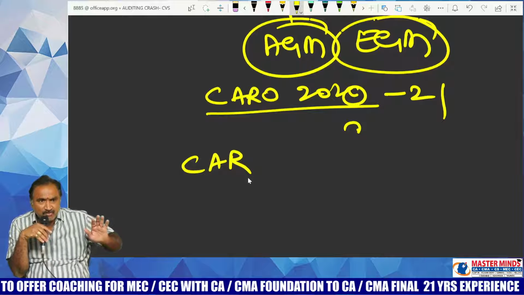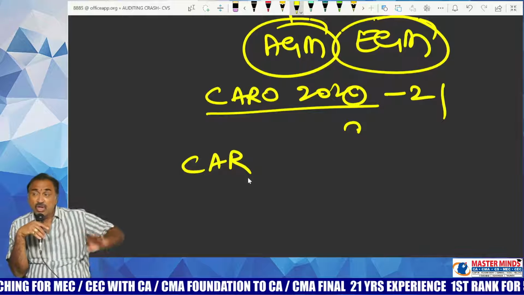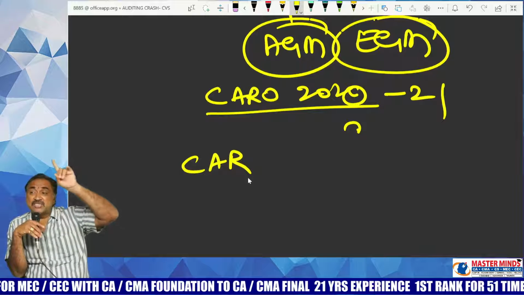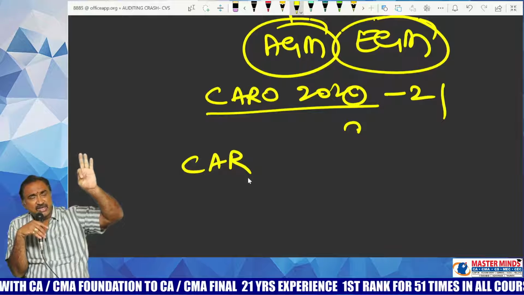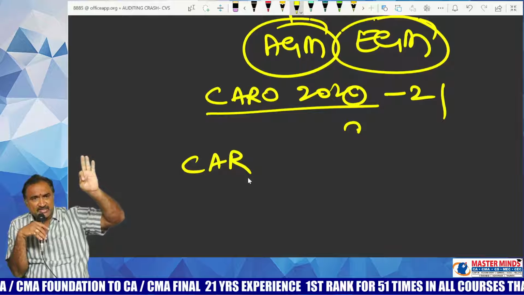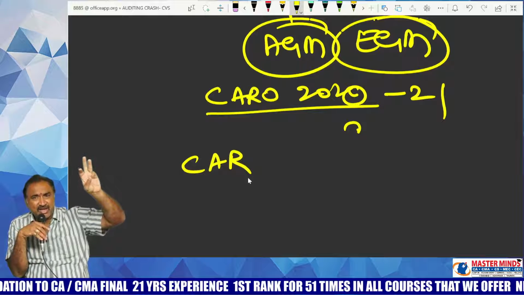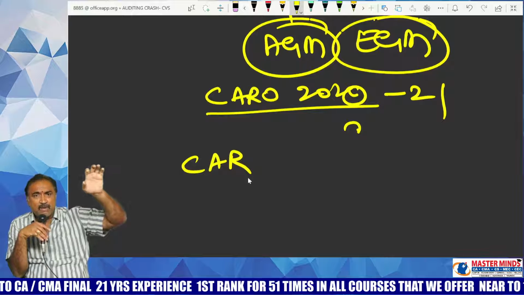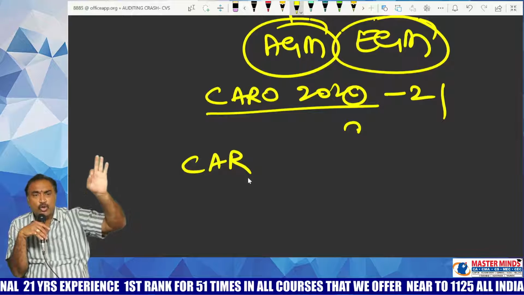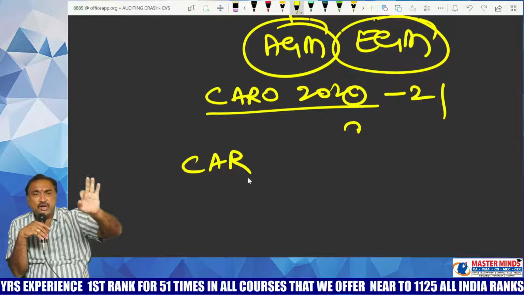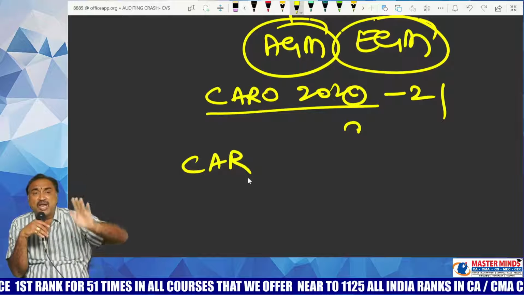Are you able to follow me? What does section 148 subsection 1 say? According to section 148 subsection 1 of the Companies Act, sometimes central government may direct a company or companies operating under a specific industry to make and maintain cost accounting records also, apart from maintaining financial records.